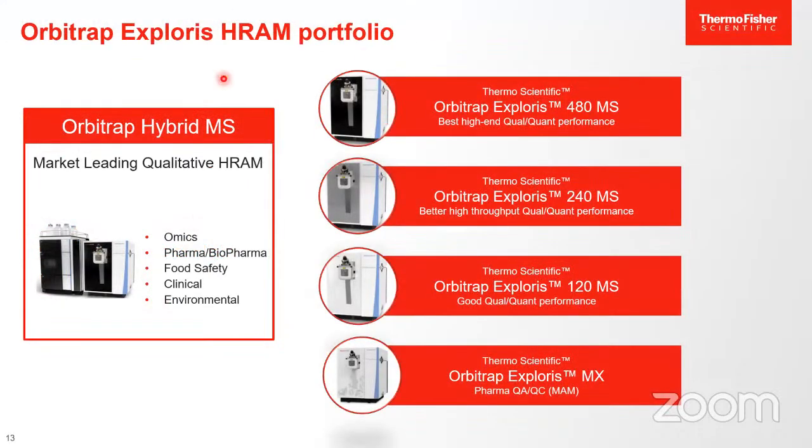Now coming to high resolution mass spectrometer, we have different kinds of portfolios. Exploris is 120, 240, 480. There are different models. I'm not going into the details, but I'm just giving you a glimpse that within a particular segment, you can have multiple kinds of models, and these models just differ on 3 parameters: sensitivity, resolution, and their speed. These are the 3 important parameters on the basis of which these mass specs differ. There is nothing else. All basic fundamentals remain the same. Their functionality, workflow, everything remains the same.